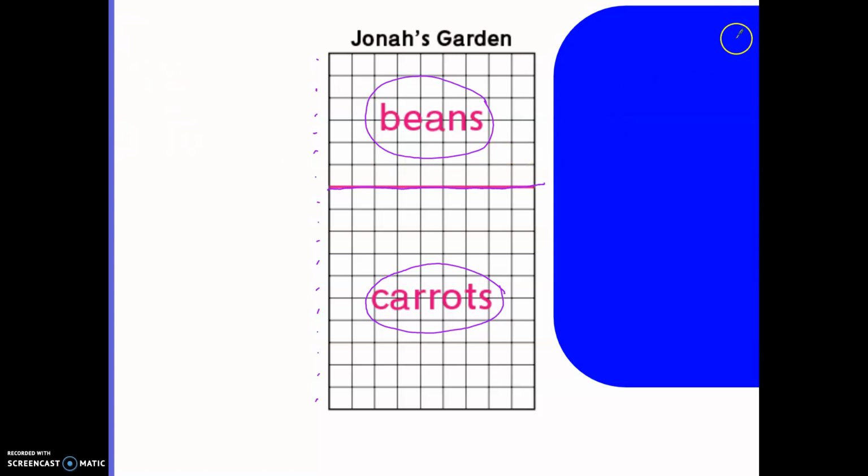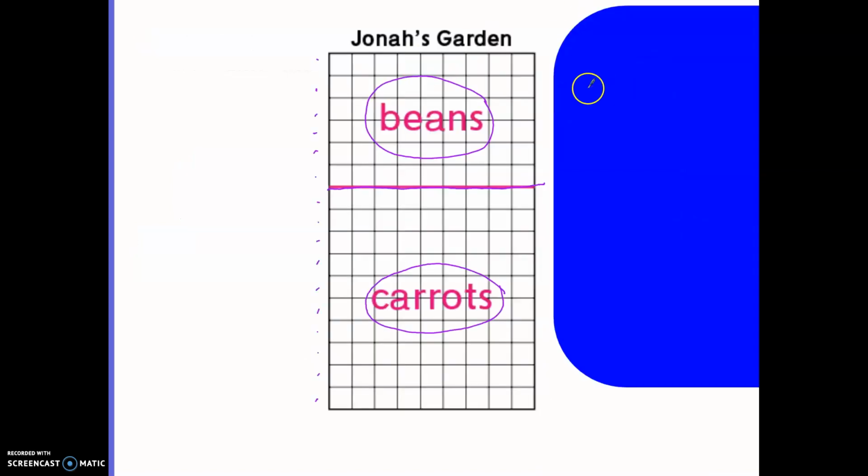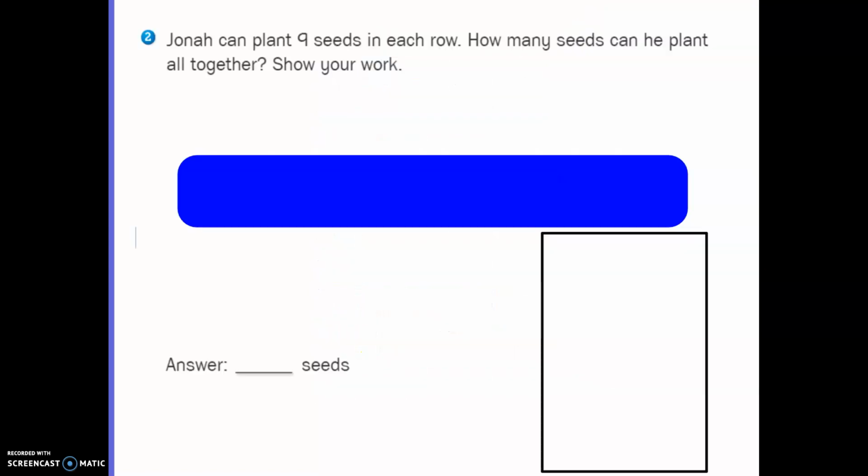Okay, pretty easy to do. Now I want you to look at number 2. Now Jonah can plant 9 seeds in each of his rows. So if he plants 9 seeds into all 16 rows, because that's how many rows there are, we counted,